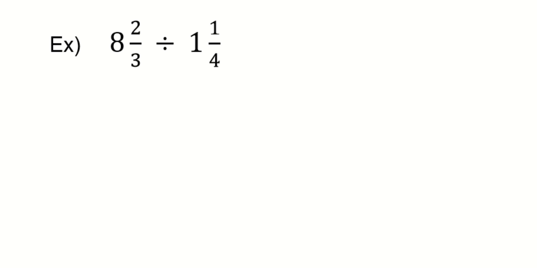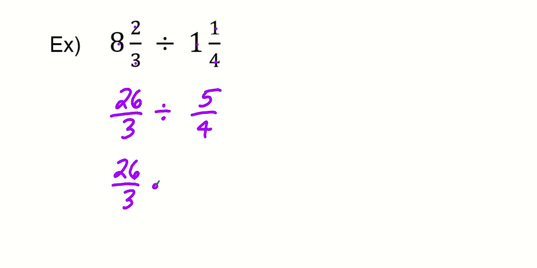Do you? 3 times 8 is 24, plus 2 is 26/3, and I haven't done anything yet, so that's still division. Keep track of what you're doing. 4 times 1 is 4, plus 1 is 5, and the denominator stays 4. Okay, now we can move on, so this becomes 26/3 times,